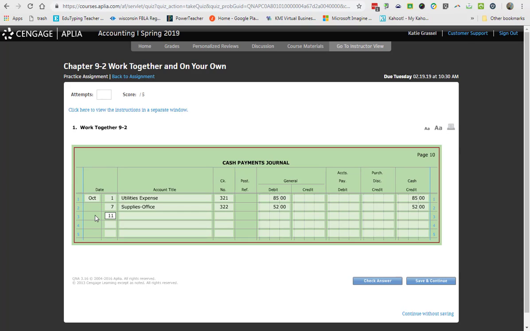So I'm going to put the date of the 11th. My account title is going to be what? I said it. Purchases. Is there a special column for purchases? No. So guess what column it's got to go in? General. Okay. Now,